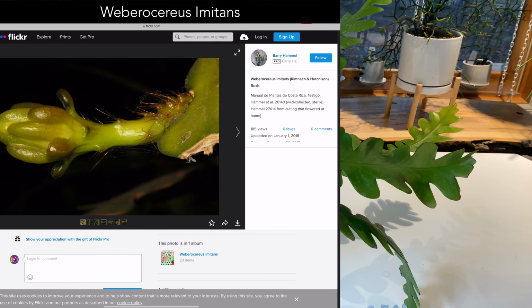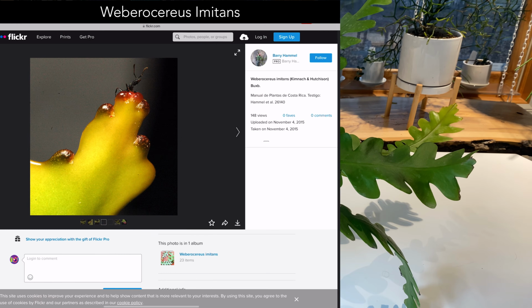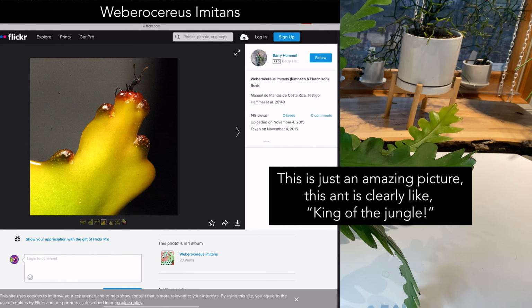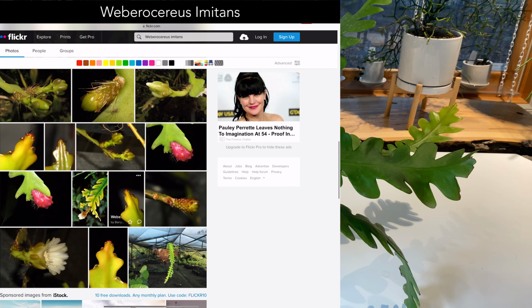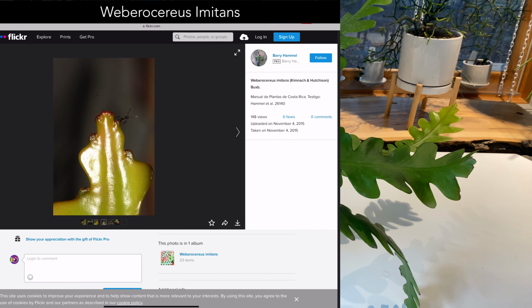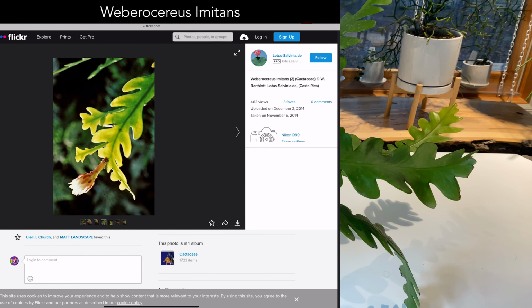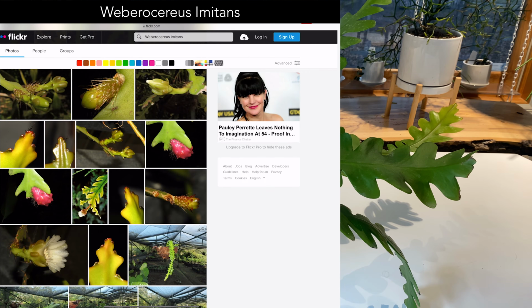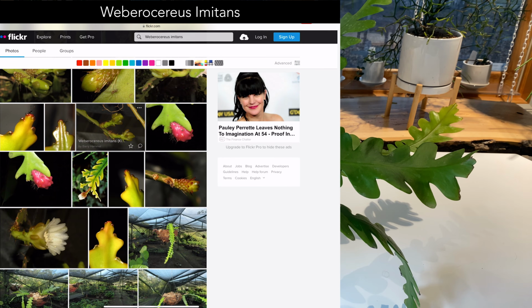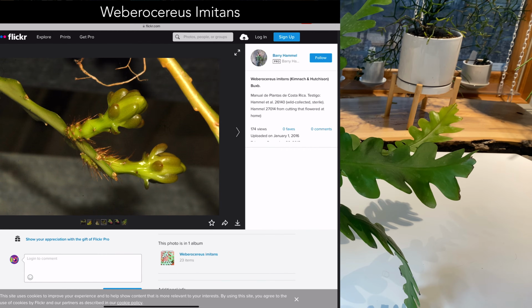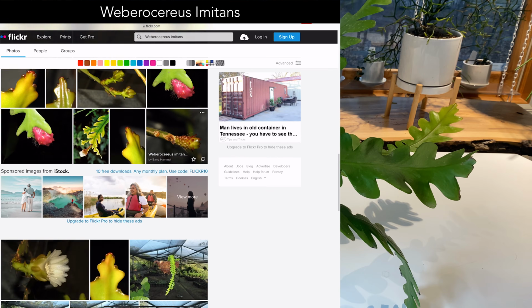But because it was so hard to flower, people didn't know that it was not Weberocereus imitans. And I think that I have picked up at least 4 plants, probably even more, with the label Weberocereus imitans, only to find out that they were Selenicereus anthonyanus. And in some cases, it was because they flowered. And the really frustrating part is that they were coming from very, very well-known collectors. And I feel like they should have known. So I know that's kind of a weird shade that I'm throwing there, but they should have known that it